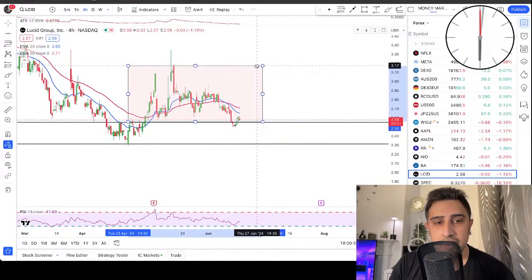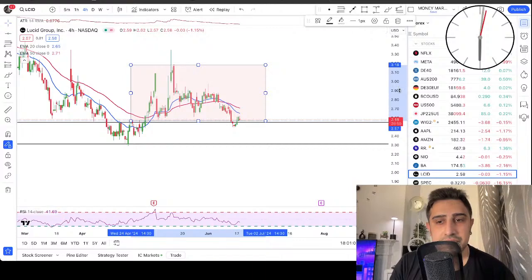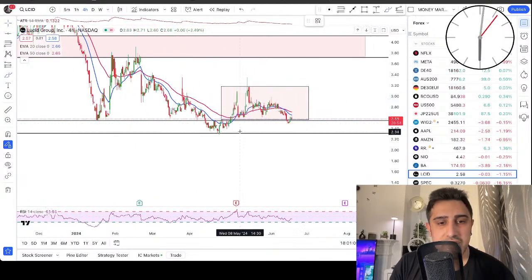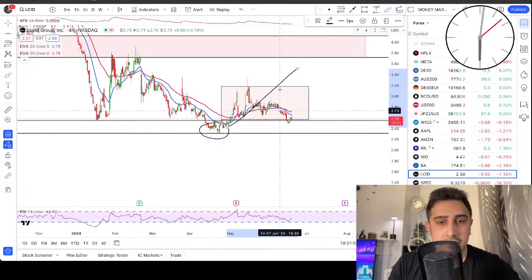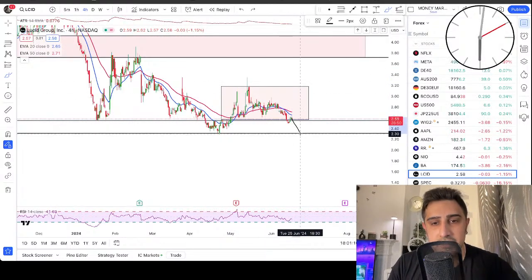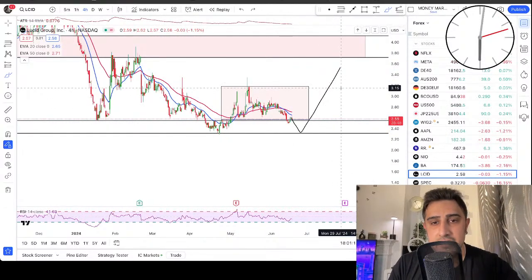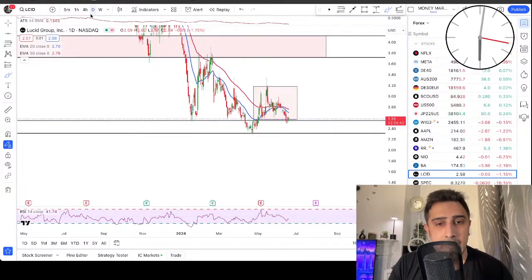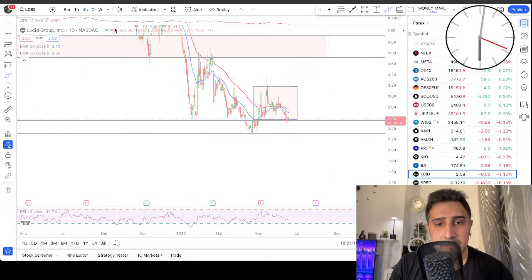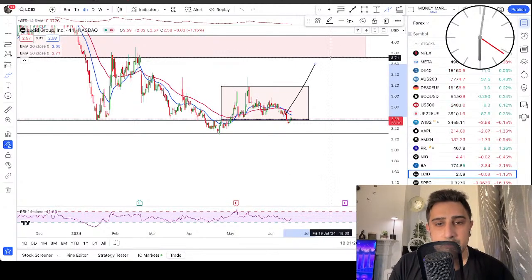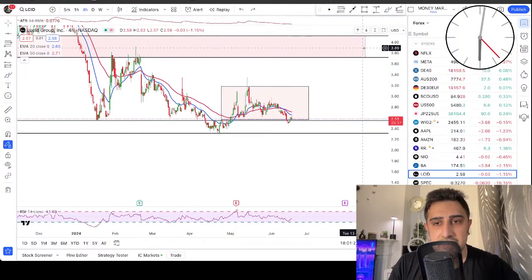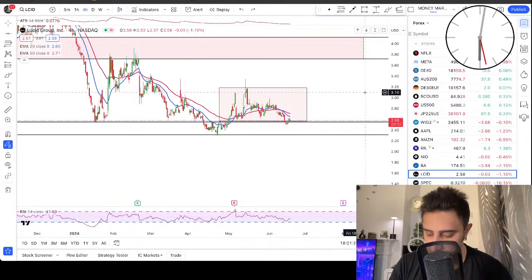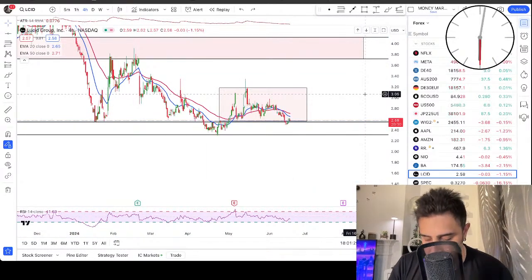So we are still waiting for this box to break, and we are still in the support area. We bounced up from this area, right? So we can get a possible double bottom and a bounce again. So that is what I'm waiting for the price. A good buying level. That's a good buying level. So I'm expecting a price to push up from here at least till the top 3.72 point, and that goes to 4.12. My pleasure.